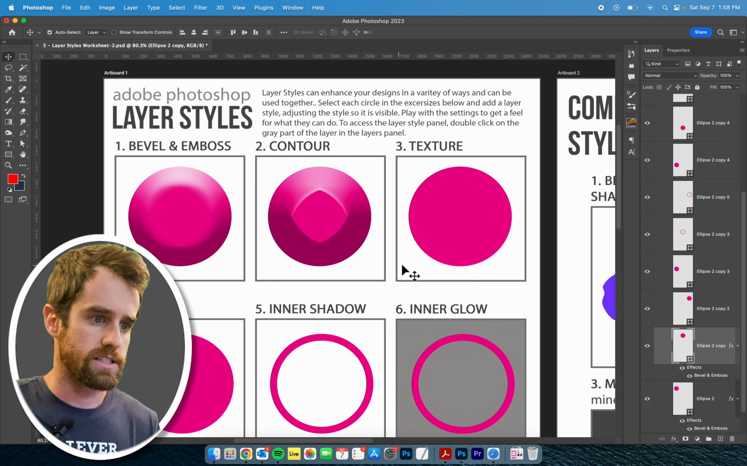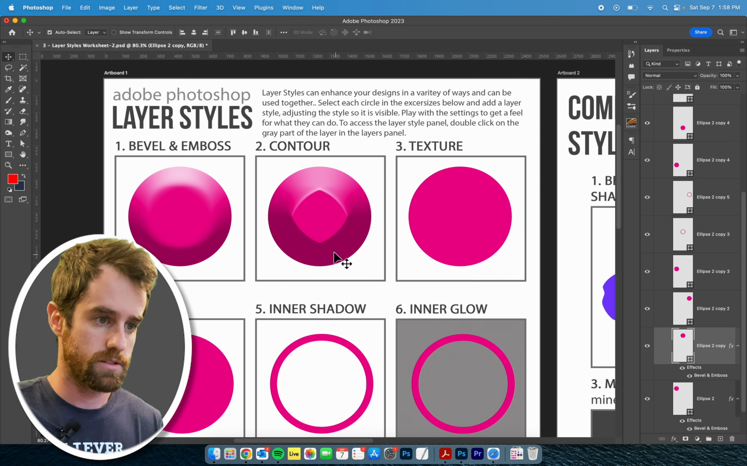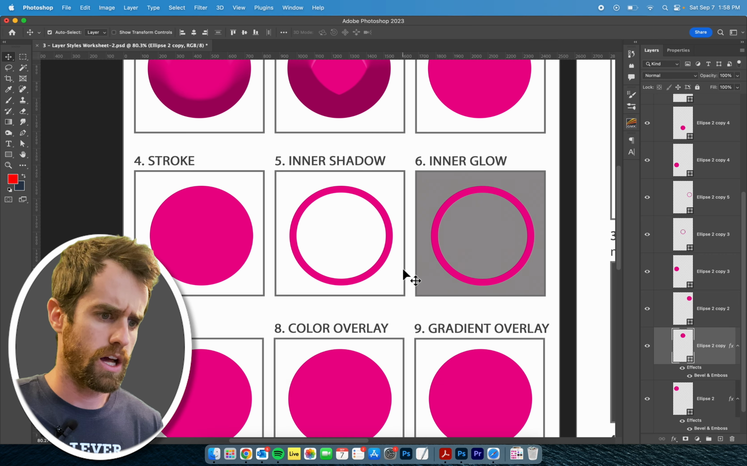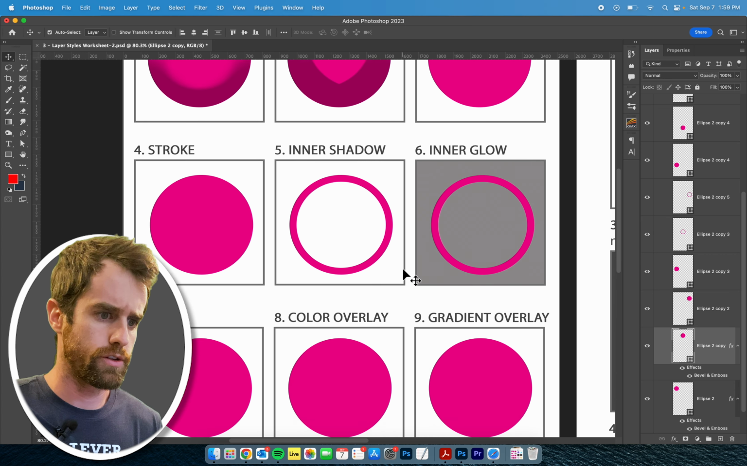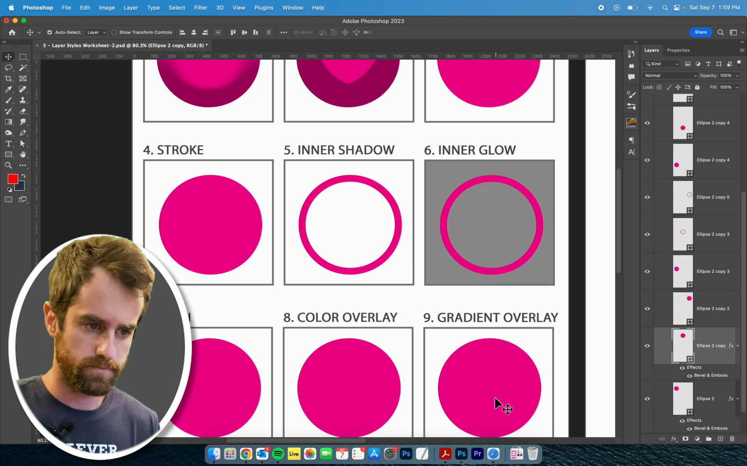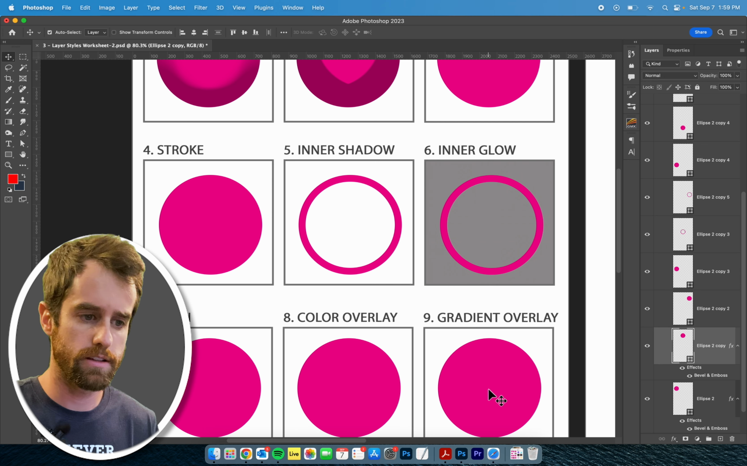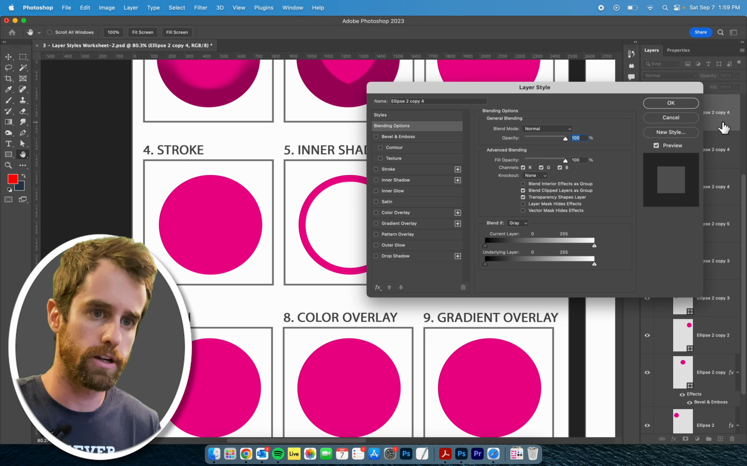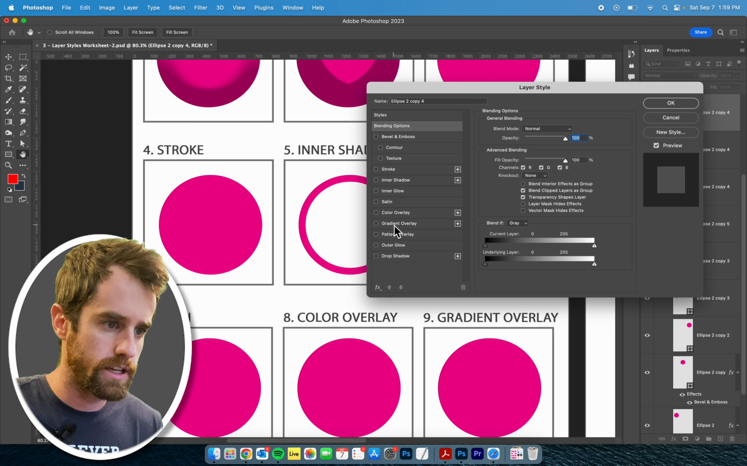So you can stylize it how you want. So go through each of these. I'm not going to show you all of them. You're going to have to play with them as you go. The other one I will show you though is, say, gradient overlay, because we have done some work with gradients so far. So if we select that circle, double click on the gray part and find gradient overlay in the